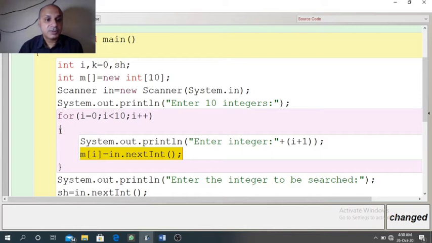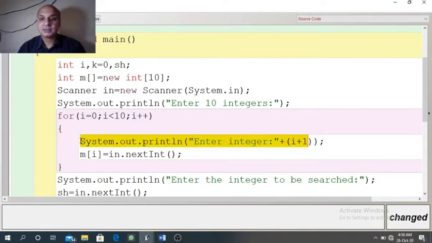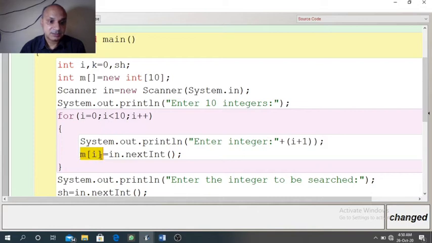So when the body of the loop is over, i will become 1. 1 is less than 10, again satisfied. Then we will get a new message, enter integer 1 plus 1, that is 2. So when the second integer is entered, that second integer will be stored at 1 index in the array, because the value of i is 1 here.